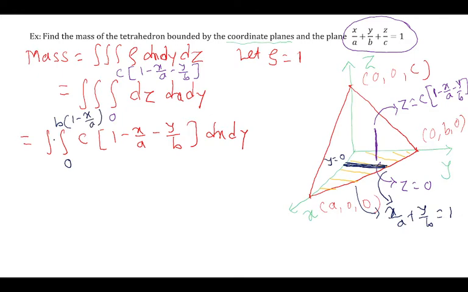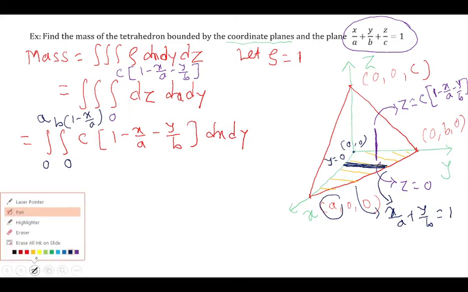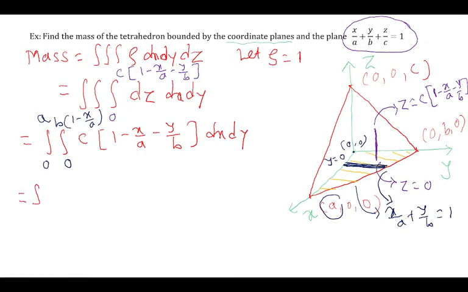So can you guess what the limits should be for x? I took dy first, so what should be the limits of x now? You'll observe the minimum value of x is at the origin, that's 0, and the maximum value of x is here, that is a. So it's 0 to a, and that's it. Now the remaining part is so simple, you already know how to do it. You have to do the integration one by one. First we'll integrate with y. Let me do a few of the steps here. So the outer integral 0 to a comes as it is, and c is a constant, as it is.